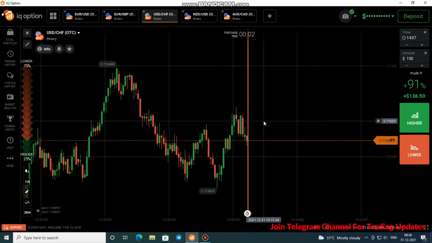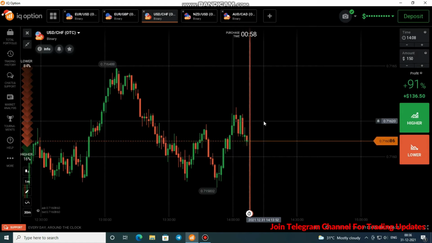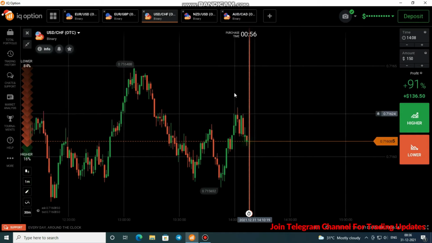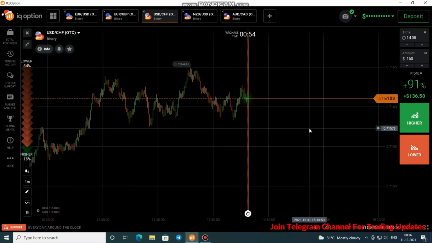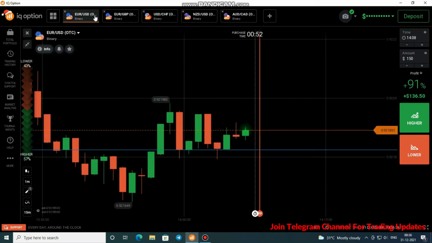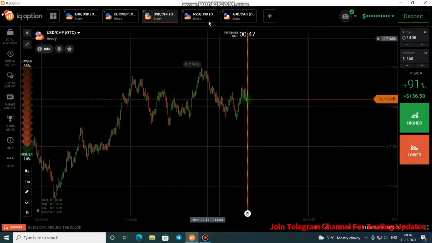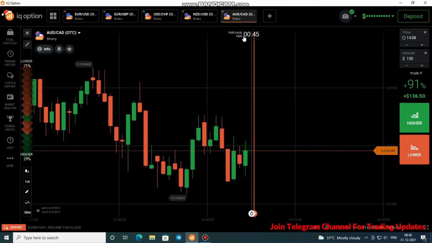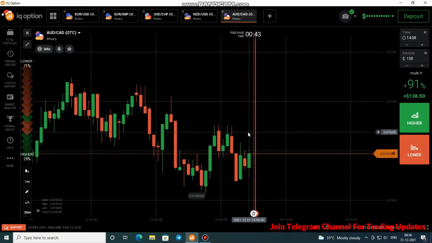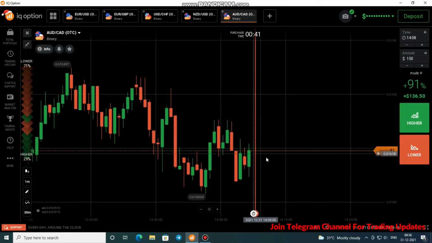So today I'm going to take trades with candlestick analysis, and I'll take only 5 or 6 trades. I think it's better to take trades on all these pairs at the same time. If I get an opportunity, I'll do it like that, and I've already analyzed all of these markets properly. So today I take only limited trades, and they should be confirmed trades.